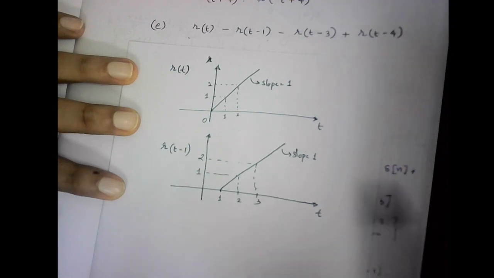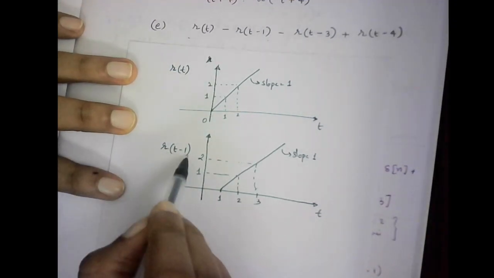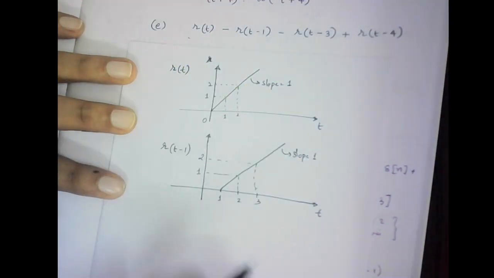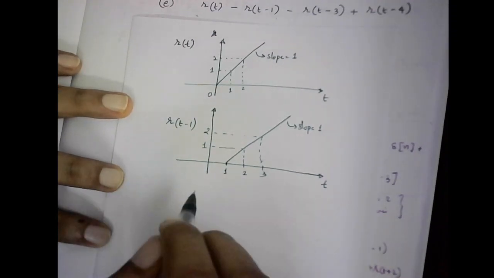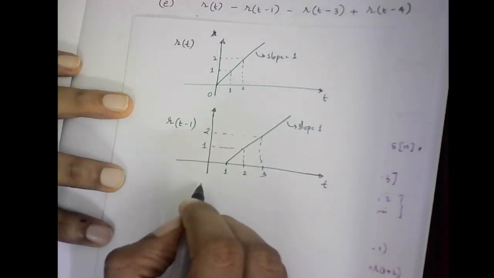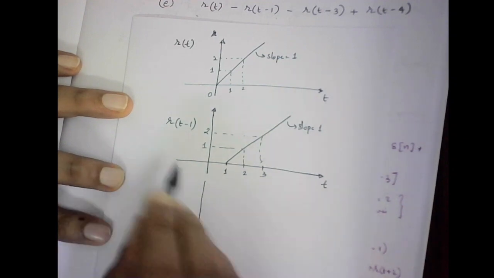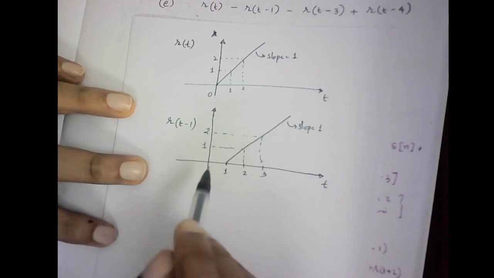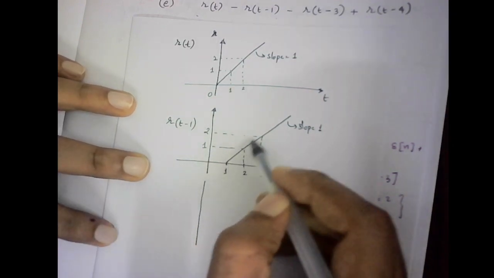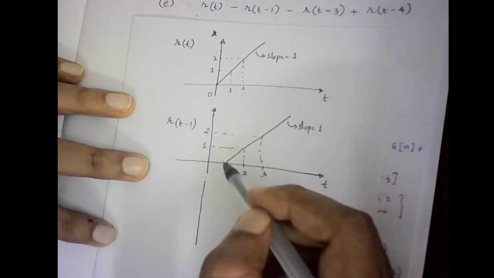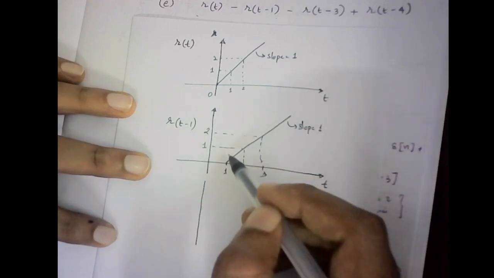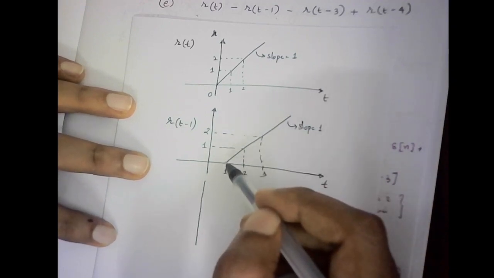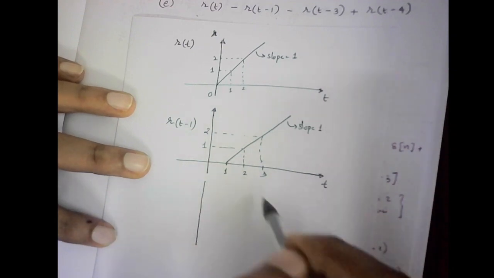So okay, fine. So this is r of t minus 1, but what you need is minus r of t minus 1. So what will be minus r of t minus 1? Yeah, that's very interesting. Minus r of t minus 1 is basically amplitude scaling by minus 1. That means this is r of t, then what will be minus r of t minus 1? Right? So this is r of t minus 1. Then what will be minus r of t minus 1? It will be just the negative.